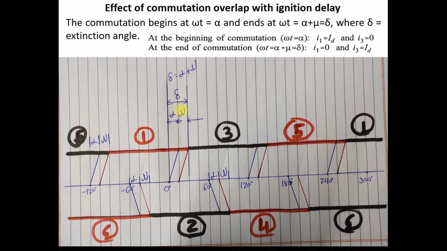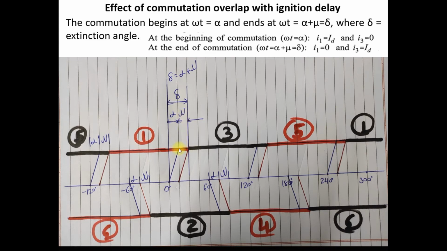alpha, because at the end of the alpha, you provide the firing pulse. So this alpha starts from here, omega t is equal to 0. We calculate from this point, the phase crossover point. Alpha ends here. It means at this point, you provide the firing pulse to valve number 3. Clear? But because of the effect of inductance, because of the commutation time, it takes some time to completely conduct.